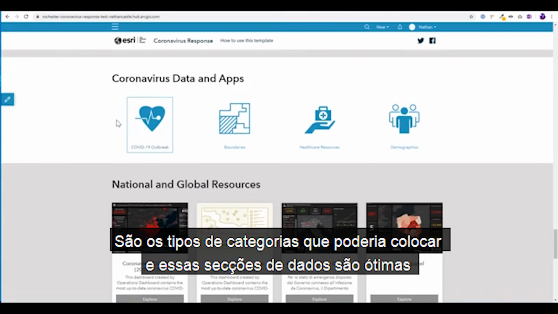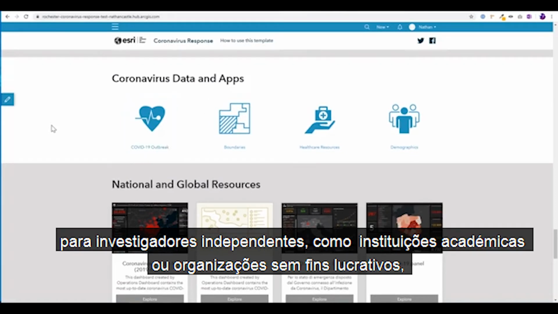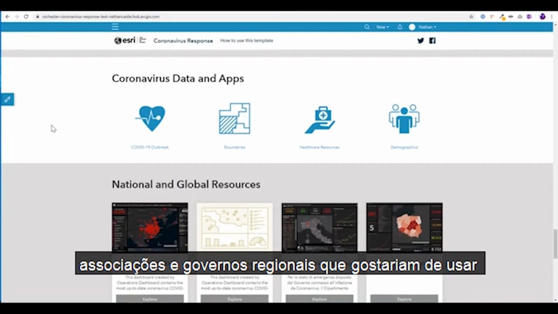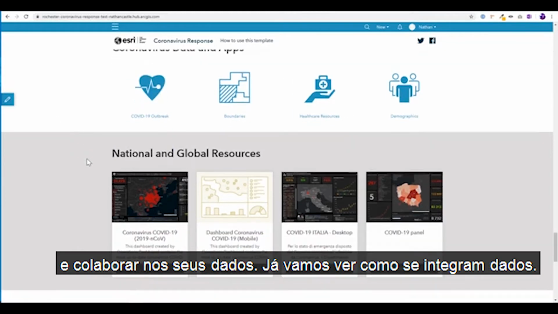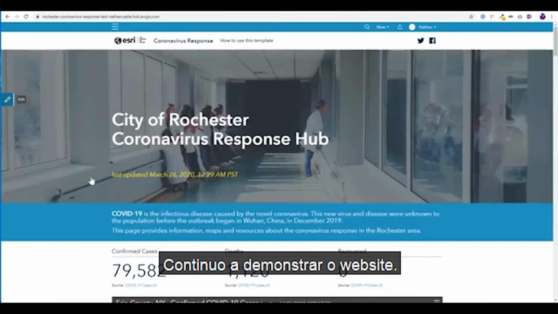So those are all sorts of categories that you could put. And these data sections are great for independent researchers, such as academic institutions or nonprofits in the area, and regional associations and governments that would want to use and collaborate on your data. We'll run through connecting data in a little bit, but I'll just continue to run through the rest of this